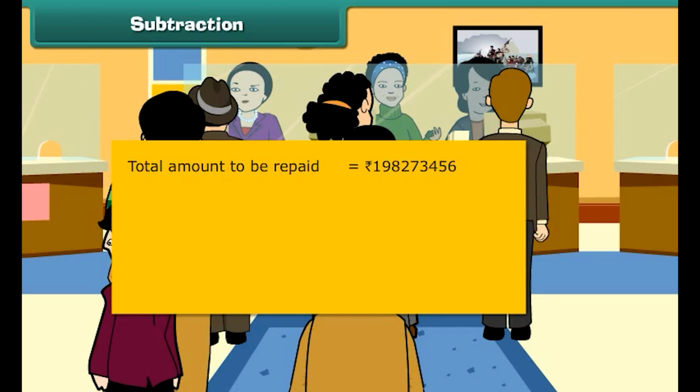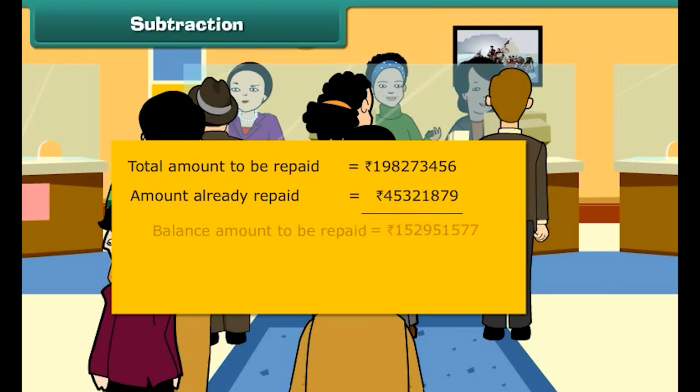Total amount to be repaid is equal to rupees 198273456. Amount already repaid is equal to rupees 45321879. Balance amount to be repaid is